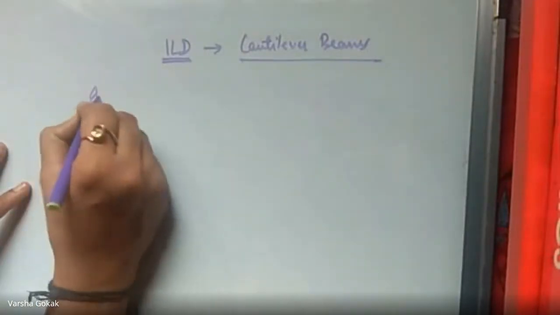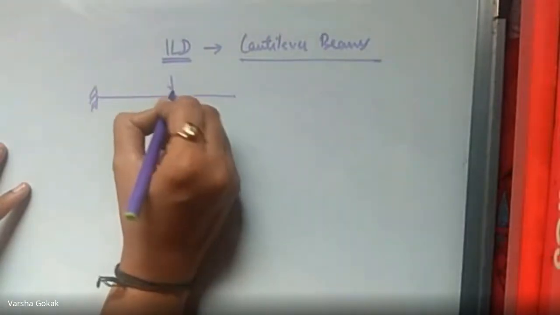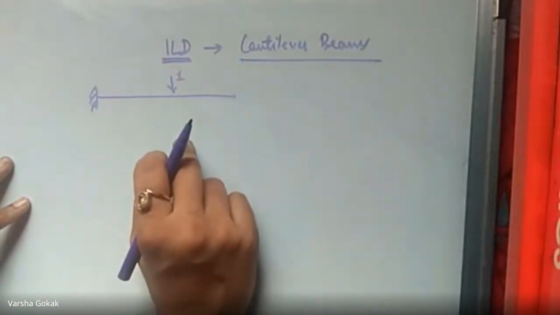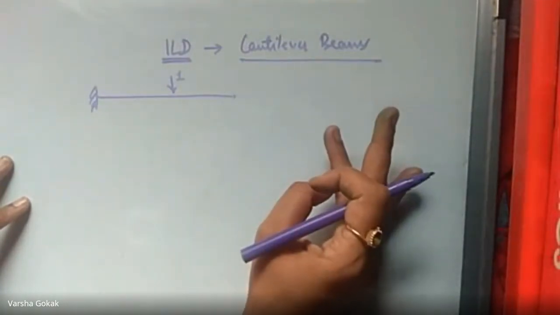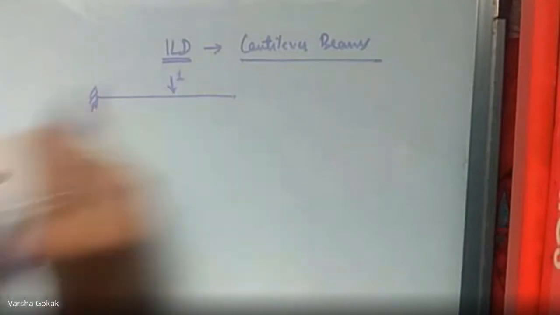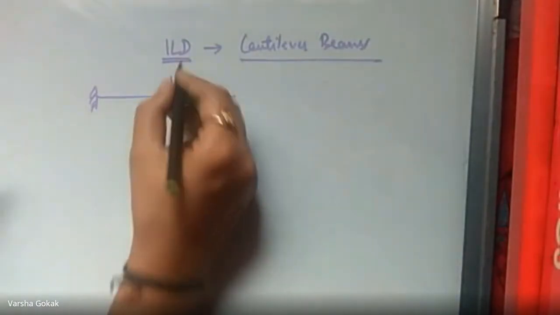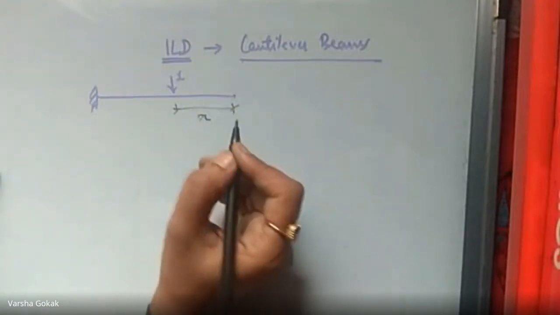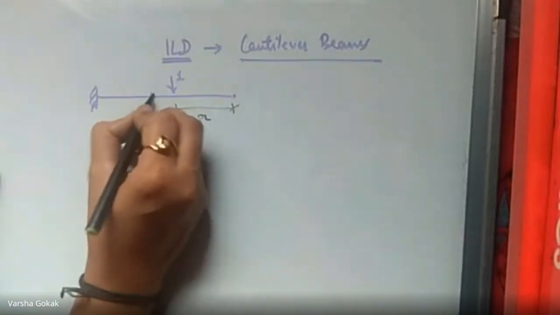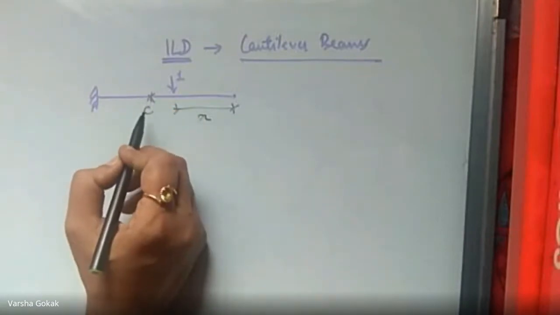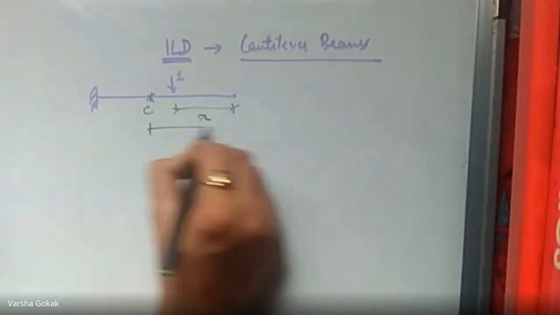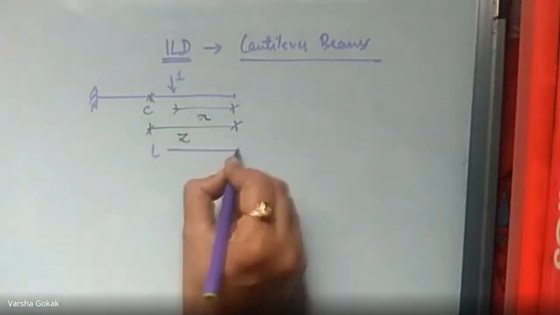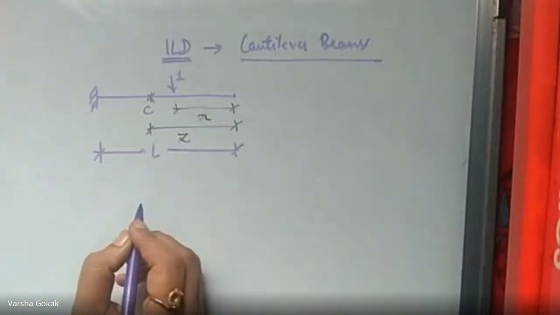So a cantilever beam, something like this, and say you apply a 1 kilonewton load. We have to draw the influence line diagram in the case of a cantilever beam and get the moment and the shear force. So we will apply the 1 kilonewton load here, and wherever the load is applied, that distance from this free end is x. Let us mark a point C for which we have to draw the influence line diagram. This distance will be called Z, right? And the total span of the cantilever beam is called L.